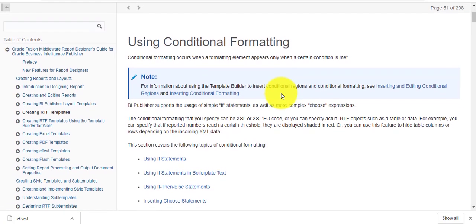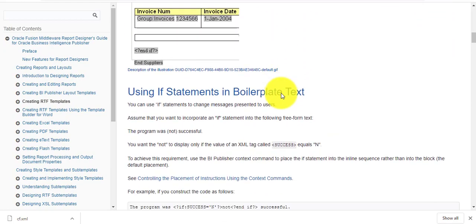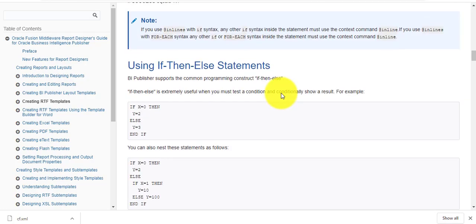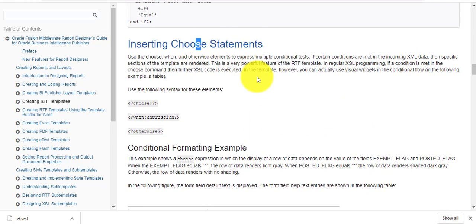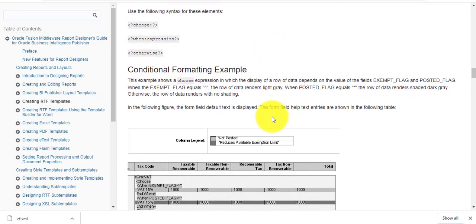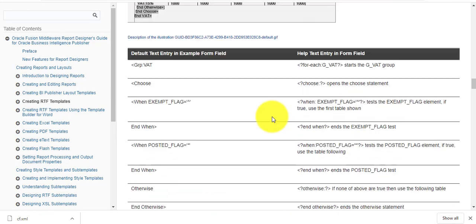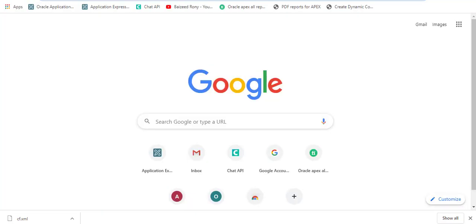You can learn how to create your own custom if-then-else choice. All the material can be learned from here. I will assign this link in my video description.